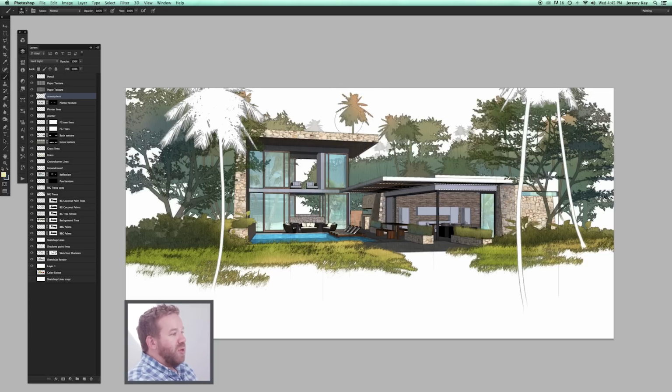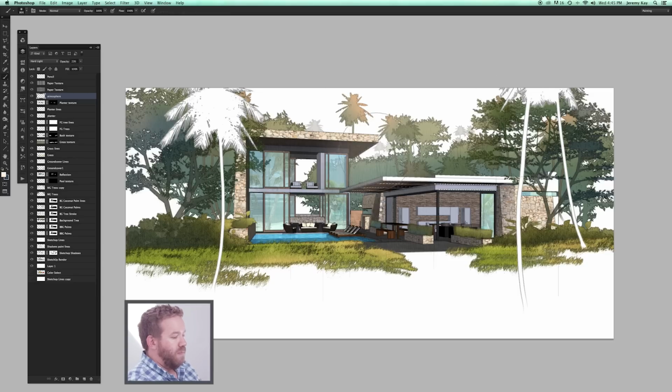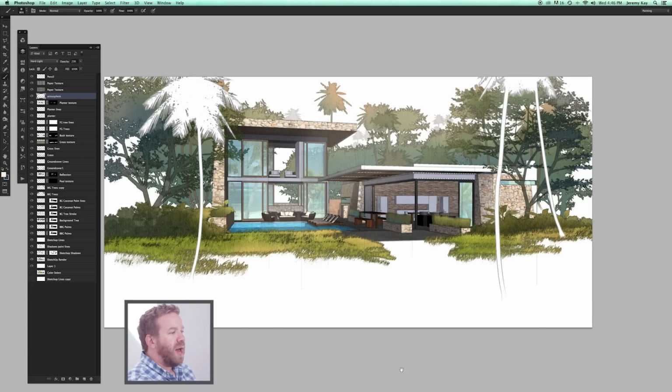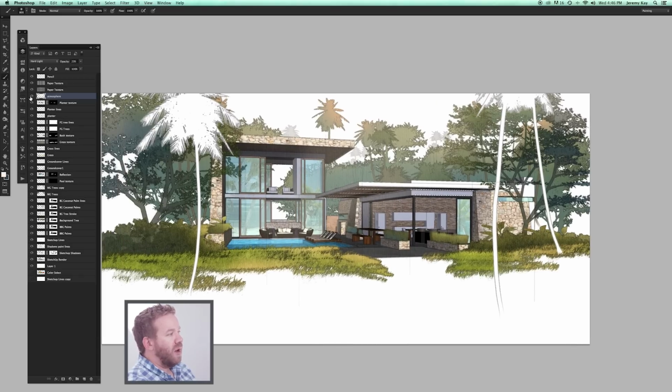Because we've already established some of this early morning or late afternoon light, I'm going to keep with the warmer tones here. So all I'm doing is painting a little bit of light into the scene, and just pushing back some of the middle of the drawing ever so slightly. So let me turn that on and off and show you what happened there. You can see it's a little more dark,